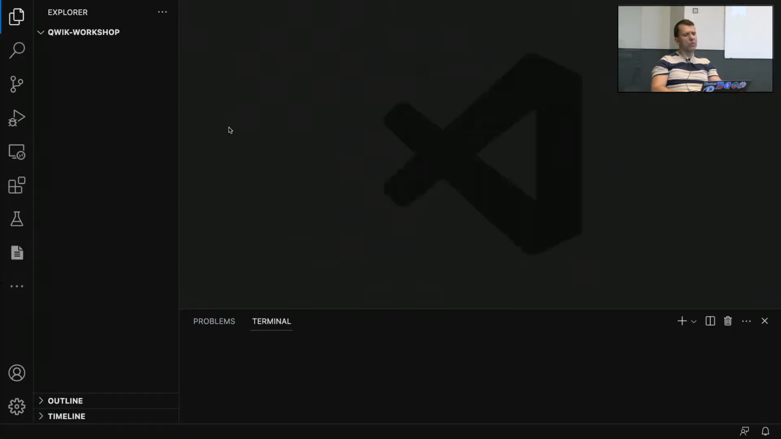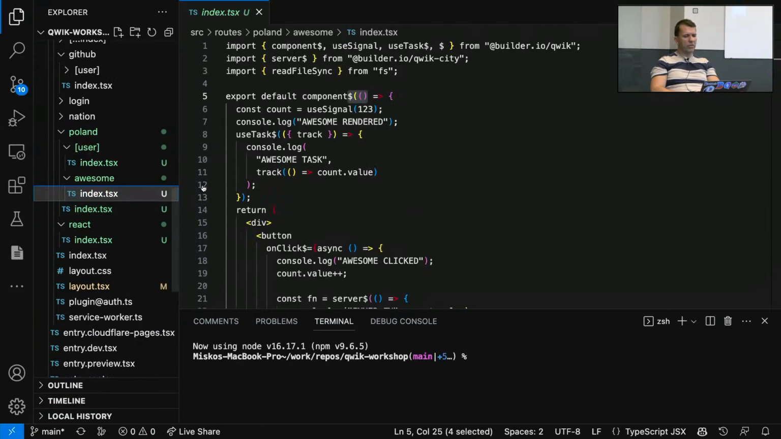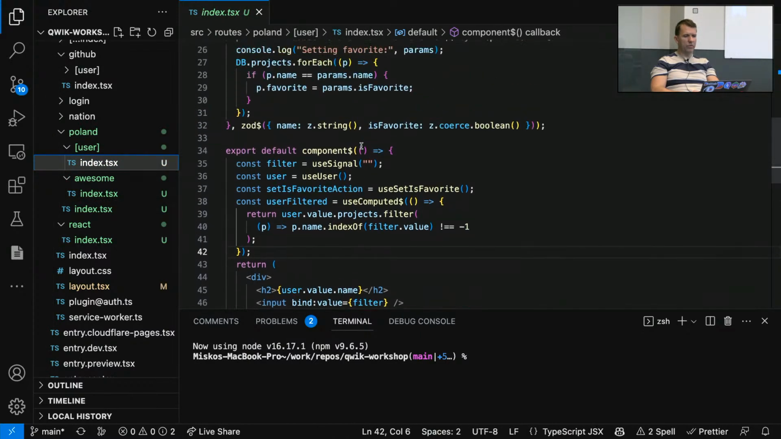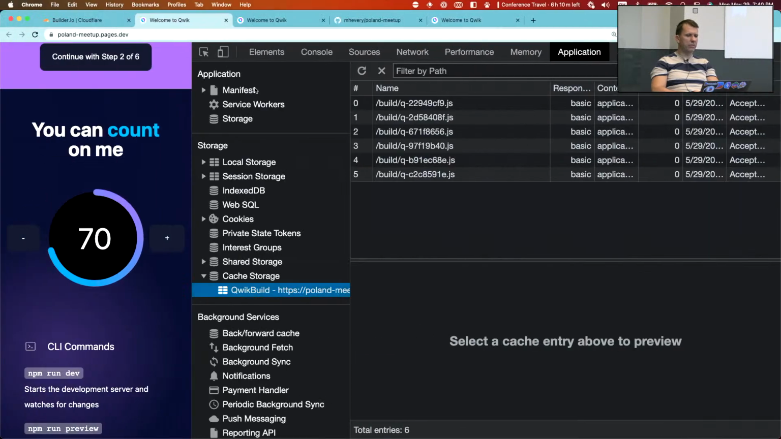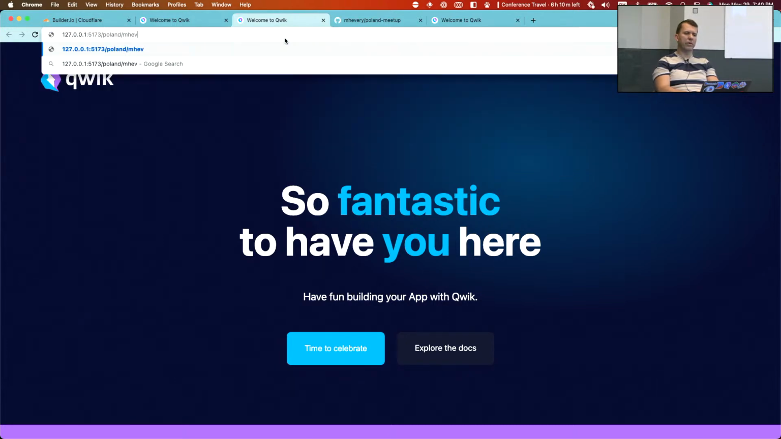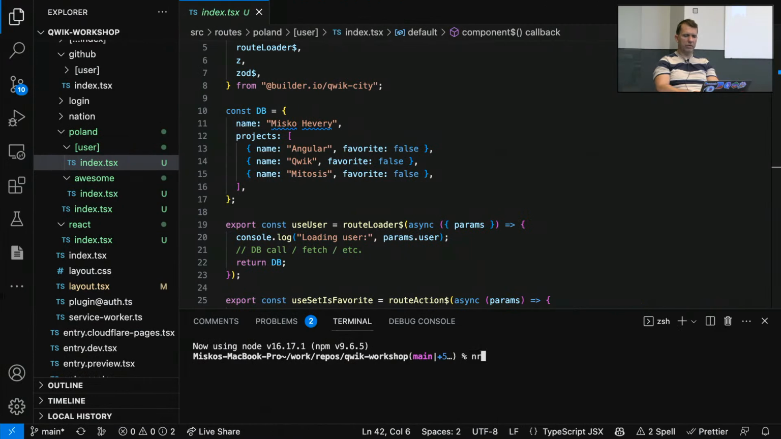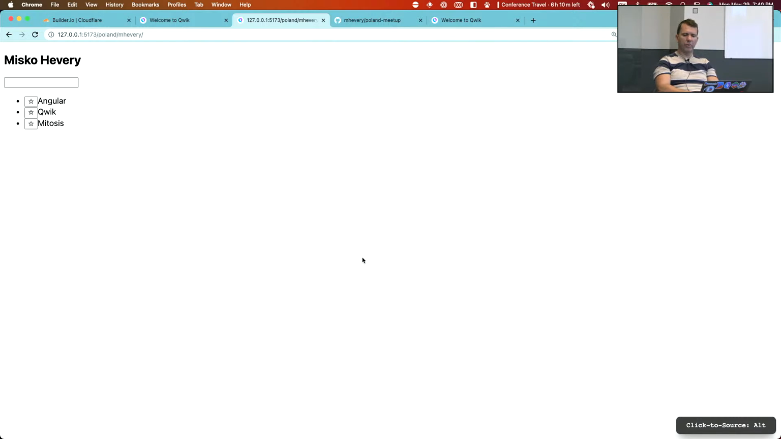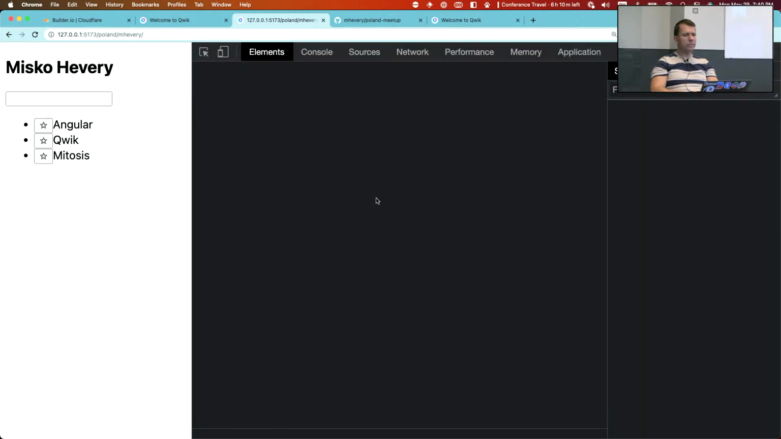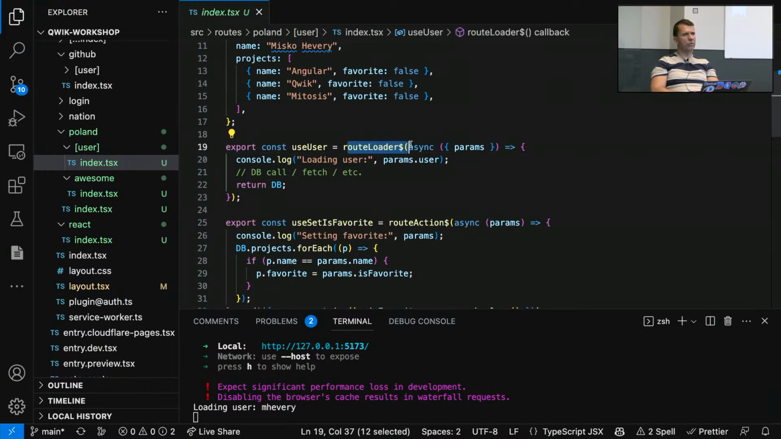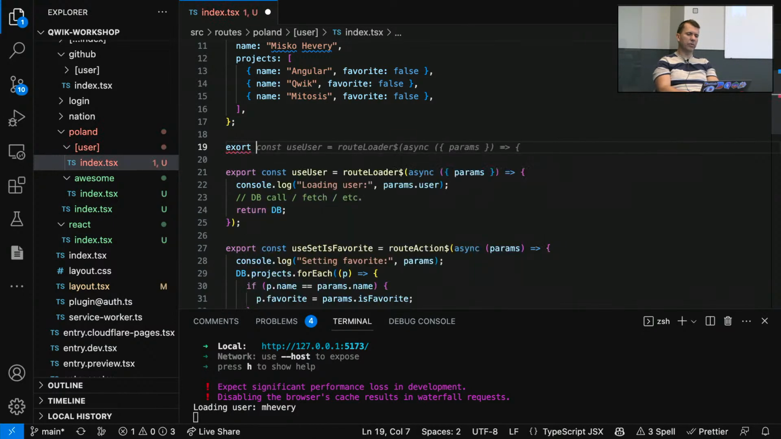Okay, so when we are inside of a particular route, let's see, we're here on a user. So this one had a route, right? So let's go back there. Was Poland / Hevery. Oh, you have to run it. Okay, so remember this page? In here we have our route loader, right, for loading data. But if you wanted to do authentication, what we could do is we could say export